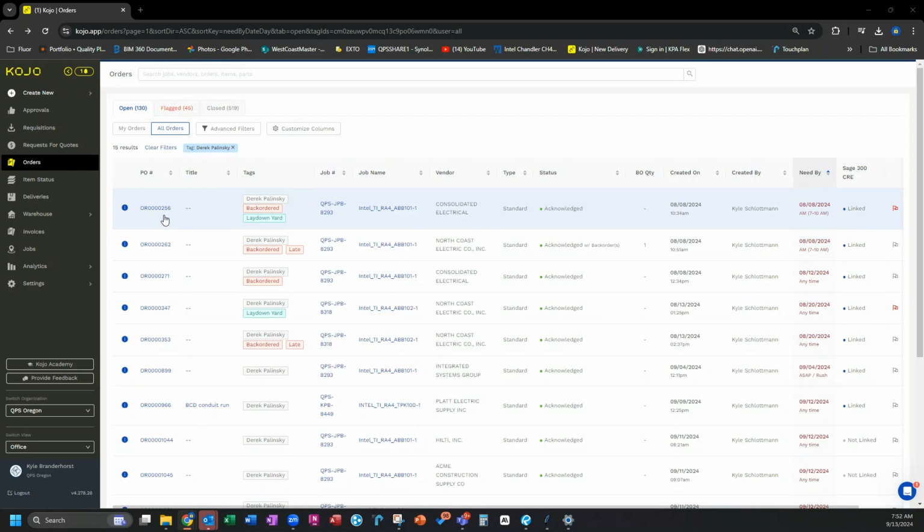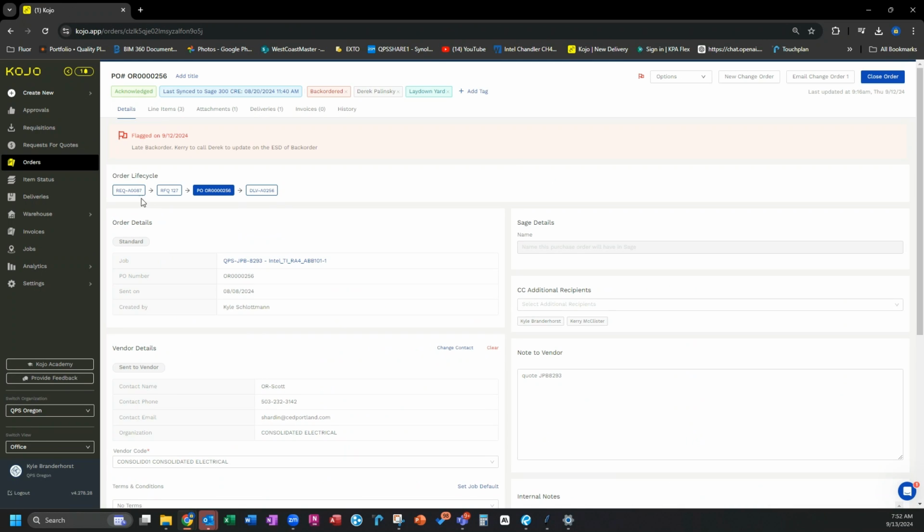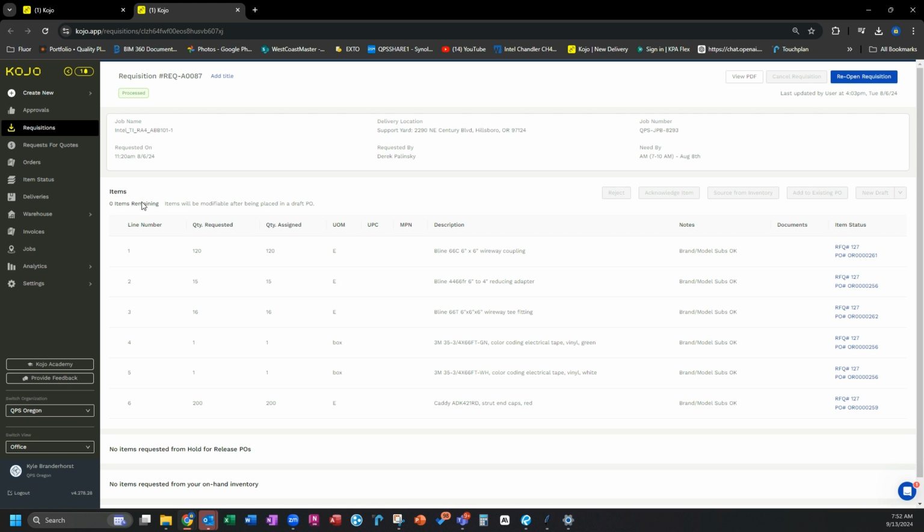Another thing we can look at as we dive into the POs is what requisition the PO came from. So there's parts on this we realize are back ordered. The laydown yard has to do some work. If I click this requisition, I can see the requisition that I put in on this date, requested by Derek for this job with that job number, and I needed it by then. I can see that this was broken up into purchase orders 261, 256, 262,